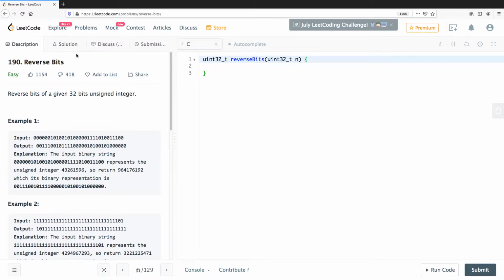I wonder what 190, I guess 190 reverse bits, it's kind of an interesting problem. What happens is that you're given a 32-bit unsigned integer, and you have to reverse the bits in the integer. So, for example, it gives you this binary representation of a 32-bit unsigned integer, and it says,